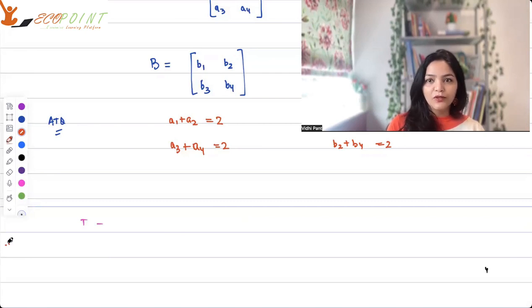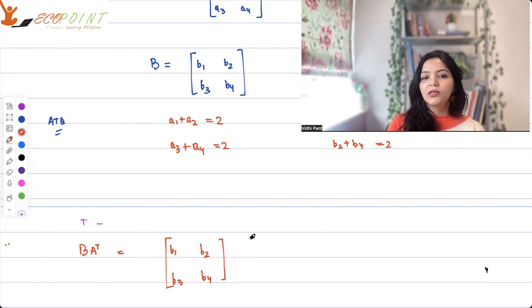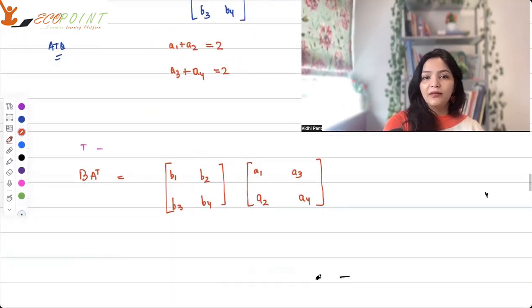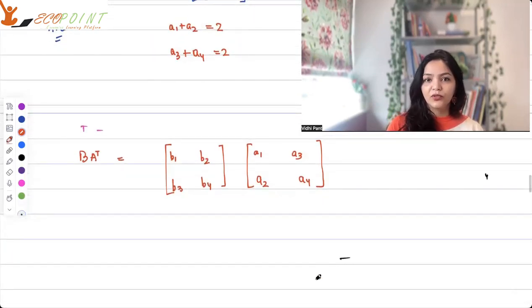Now, from the options, you can see या तो आप AB से शुरू करो या फिर BA transpose से शुरू करो. I'm going to start with BA transpose. So I'm going to consider BA transpose. तो B को ऐसे लिखेंगे B1, B2, B3, B4. And A transpose हमने already लिखा हुआ है, तो A transpose is A1, A3, A2, A4 like this. अब मैंने ये प्रोडक्ट क्यों लिया है? क्योंकि मुझे एलिमेंट्स इस तरीके के दिख रहे थे कुछ कि I'll be able to make use of the sums